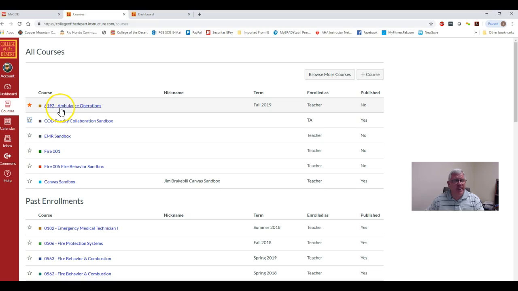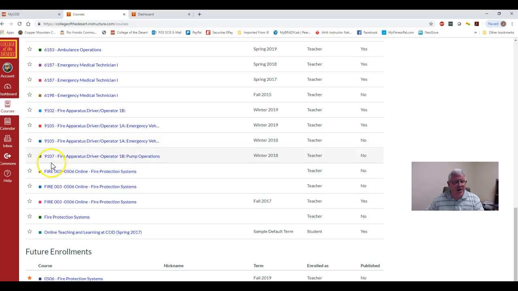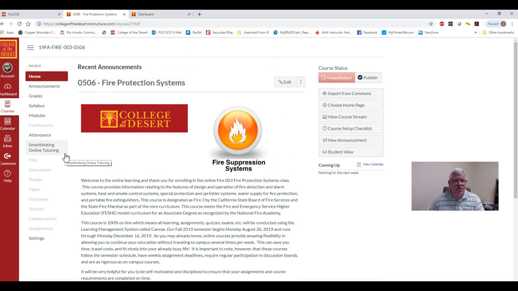See, when you click on the star, it moves it automatically to your dashboard. So you can see I'll be teaching ambulance operations, and then we go down to your class, and I hit the star here. Now that I've placed a star at the classes I'm teaching this semester, I hit dashboard, and here they are. Okay, so then you're going to click on our class, Fire Protection Systems, and then there's one requirement